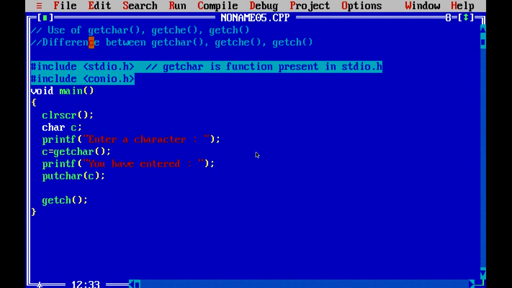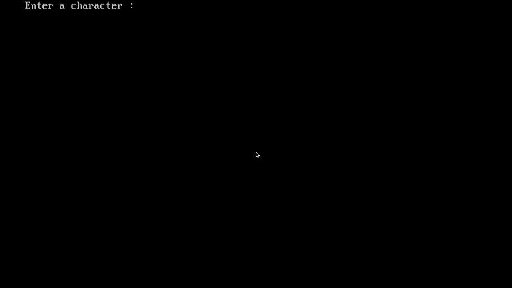So you have noticed, as soon as the getchar method is called, it requires us to give a character from the keyboard. When we give a character, then we have to press enter in order to assign that particular character to the left hand variable.